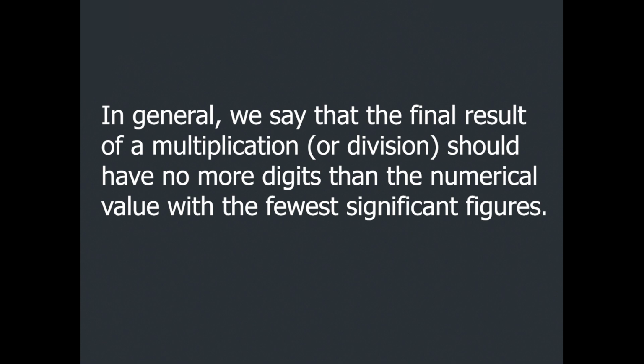Now, what if we are multiplying 2 measurements or dividing 2 measurements together? How many sigfigs should the end result have? In general, we say that the final result of a multiplication or division should have no more digits than the numerical value with the fewest significant figures. So if we are multiplying 3.00 seconds times